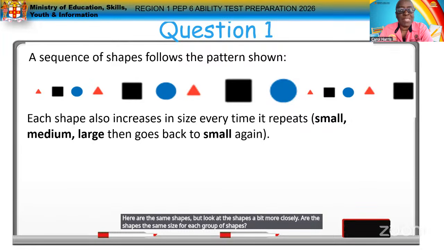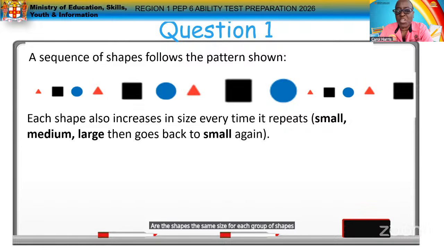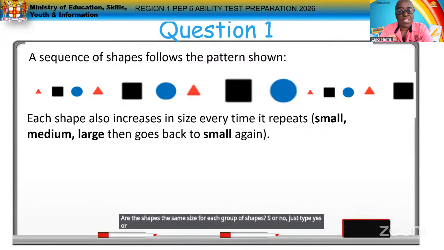Are the shapes the same size for each group of shapes? Yes or no? Just type yes or no in the chat. Are the shapes the same size? No,